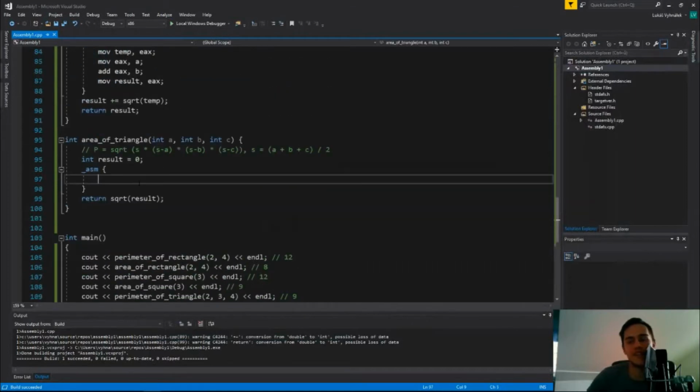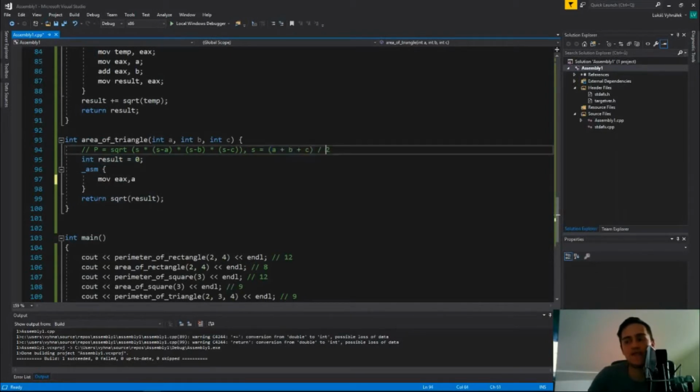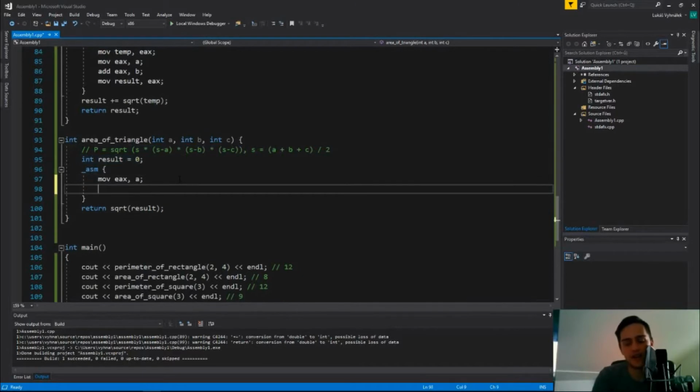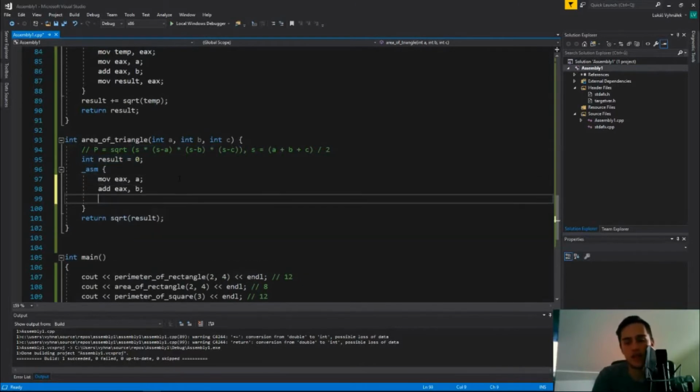So now let's get to the probably most advanced, I think, but it is still pretty easy for me. Right. So if I here move to EAX a, right? Let me compute this first. So I compute a plus b plus c, then I divide it by 2. That is this s, and I will use it to compute this, right? So move to EAX a, then add to EAX b, then add to EAX c,